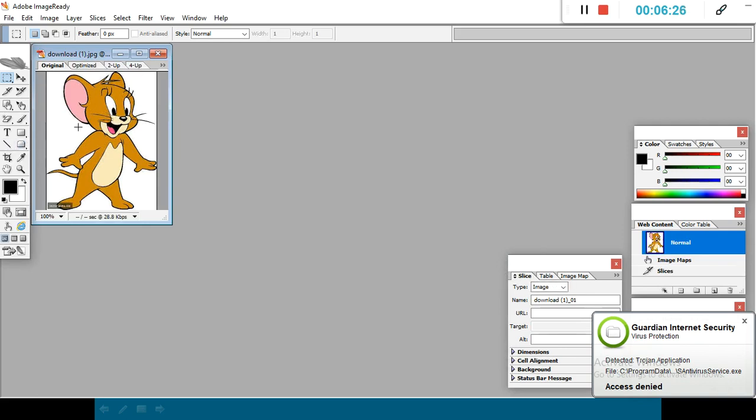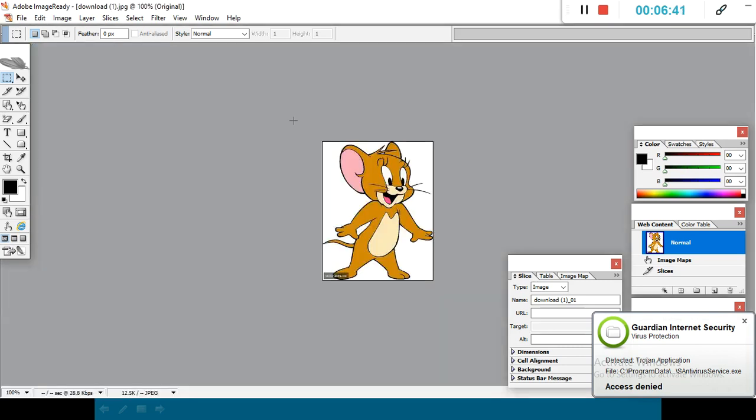The size of the image we can change by the Image Size dialog box. See it here. A separate dialog box appears for the image size, and we can maximize it like this. And now we want to change the on-screen size of the image. Like here it looks very small. We can change it also.